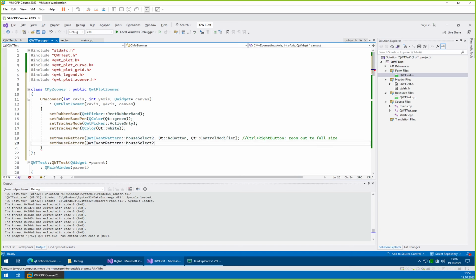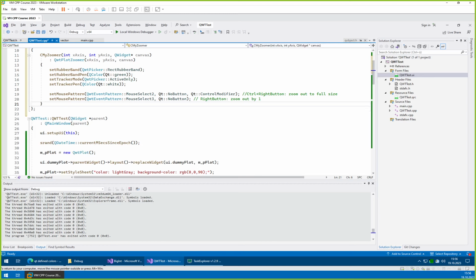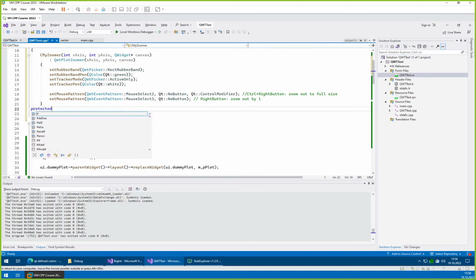MouseSelect3, comma, NoButton. We don't need anything specific. So if we click the right button, it will zoom out by one position. For these we would not have needed our own class, but for the next thing